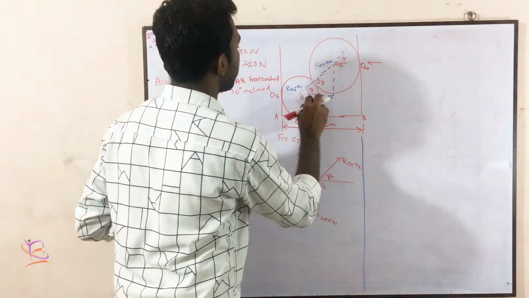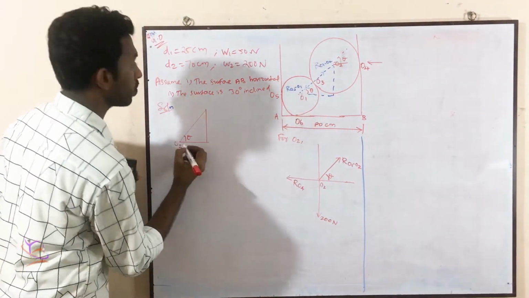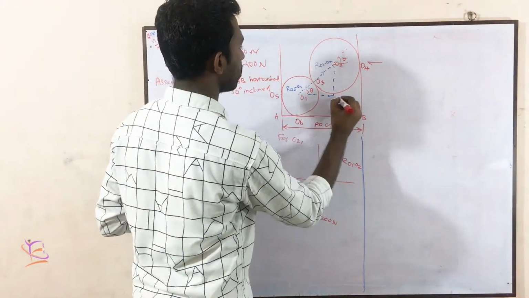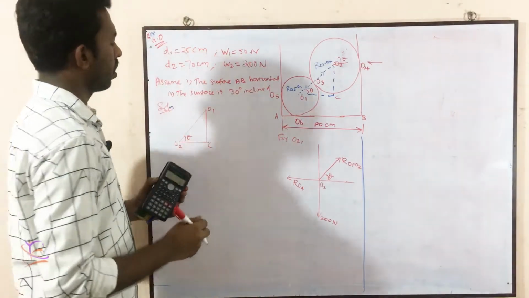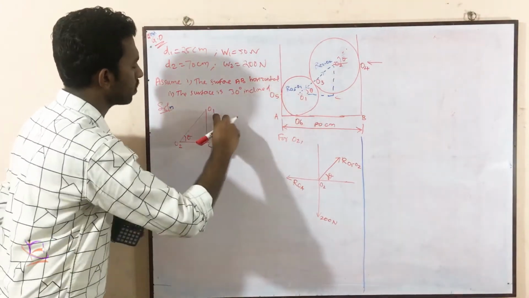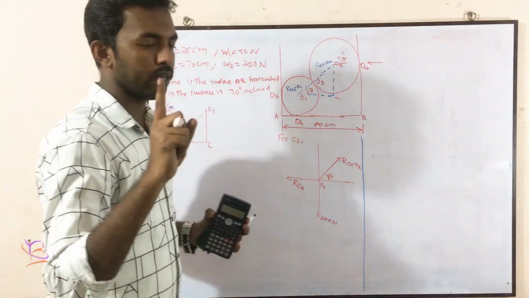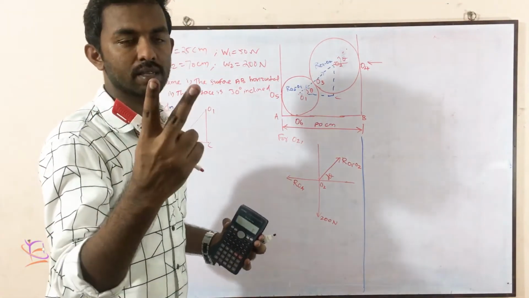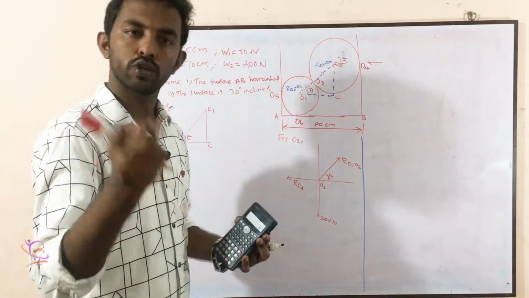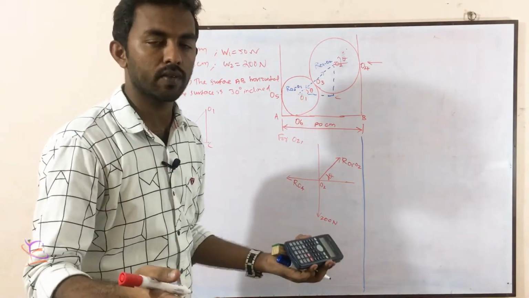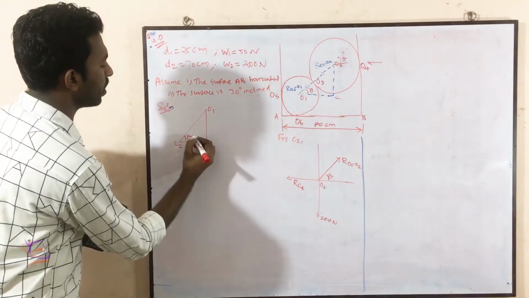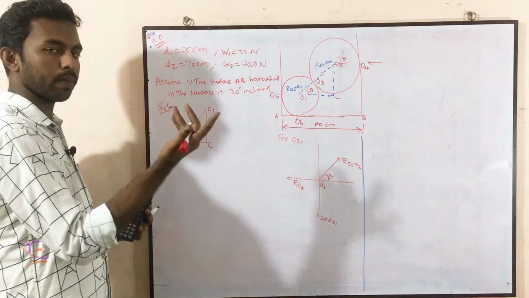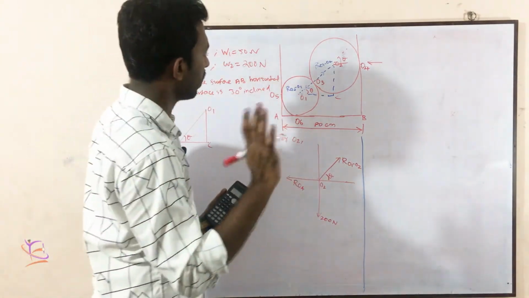So theta. So here O2 is this. This is O1. This is another point. AB is here. So we are marking it as C. Okay. So this distance, this distance, this distance. In a right angle triangle, we have the theorem that if two things are known, one angle and one side, or two sides are known, means we can calculate the other value. So here we need to calculate the beta. So we need two sides, maybe opposite, adjacent or hypotenuse. Two sides values we need. So here you just listen.